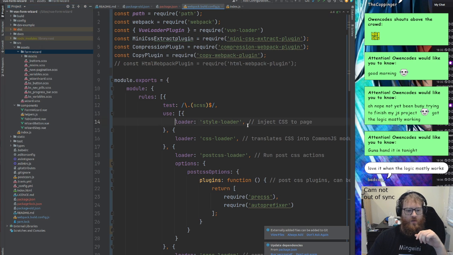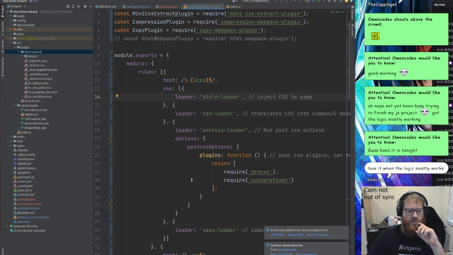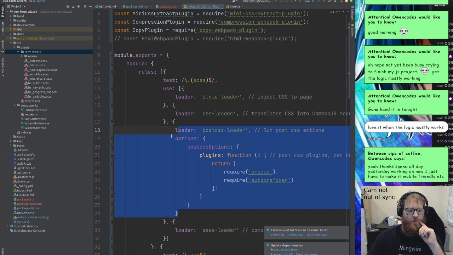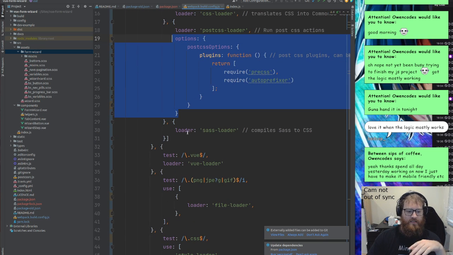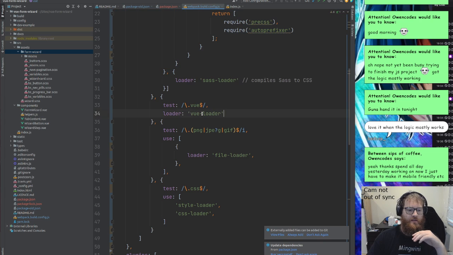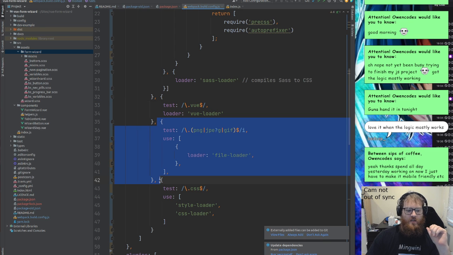So we use it when the loader is a style user, injecting and so forth like that. This is all working perfectly fine with the new Vue JS. And then we've got the SASS loader. Okay, cool. And then we got the Vue loader for the Vue, whenever we have Vue files. And then we've got the file loader that,